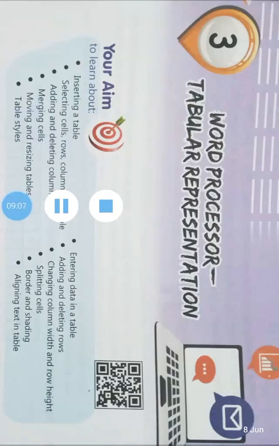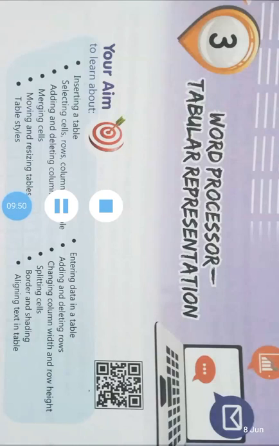Next, moving and resizing. Moving and resizing is helpful when you increase or decrease the size of a table manually by using the table resize handle, but Word also offers a ready-made solution to resize the table. Resizing of a table can be done by the auto-fit options that offer flexibility to automatically resize the column width based on different criteria. You can set the table width based on the window size or convert it back to use